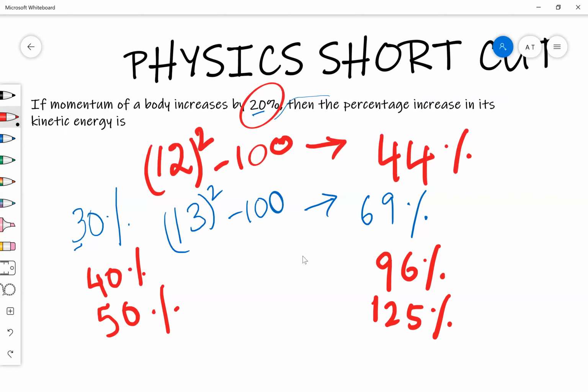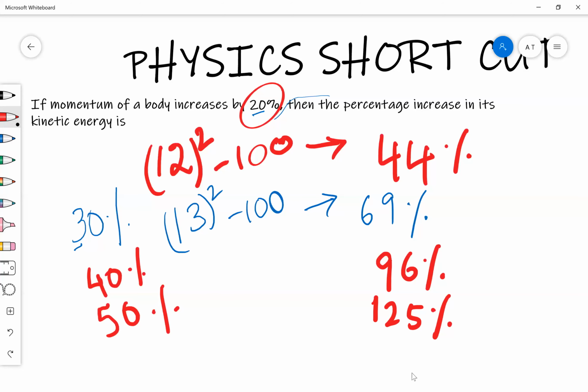If you follow this without putting it down on paper, you will get the answer. It saves time by at least 30 to 40 seconds. So if you have certain kinds of problems, at least 4 or 5, you can save 3 to 4 minutes. 3 to 4 minutes is not a small amount of time in a competitive exam.